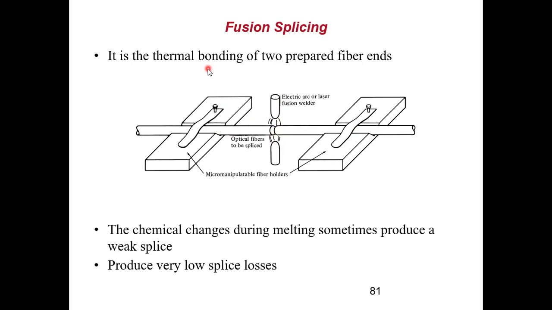It's a thermal bonding. Okay, so there is an electric arc present in the fusion splice machine. So that arc generated will heat this fiber end. It will melt and it will flow outward this side. Okay, and then I will apply a little bit axial pressure. So there is a bonding of these two fiber ends, which is actually soft.